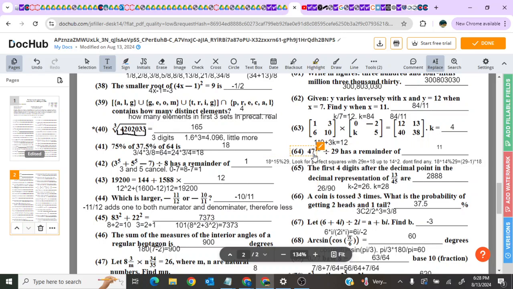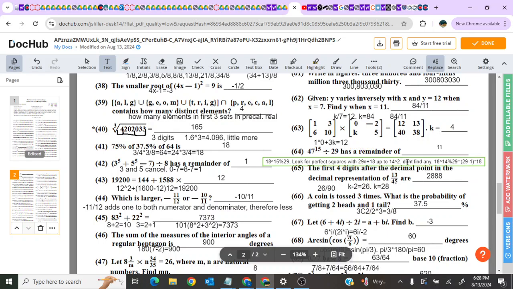So 47 divided by 29 has a remainder of 18, 18 power to 15. Look for perfect squares adding 29 or 18 plus 29 times some value. So 18 and then 18 plus 29 and then 18 plus 58. If you do that all the way to till 14 squared, the highest possible quadratic residual that doesn't have a corresponding thing less than it,